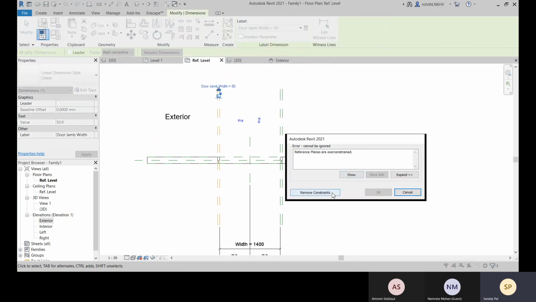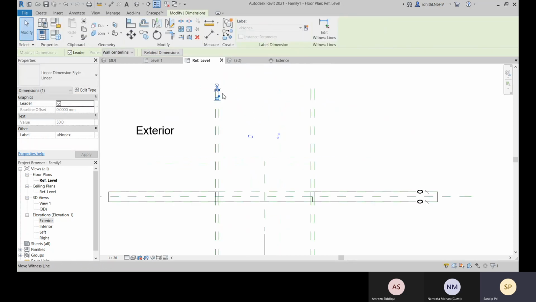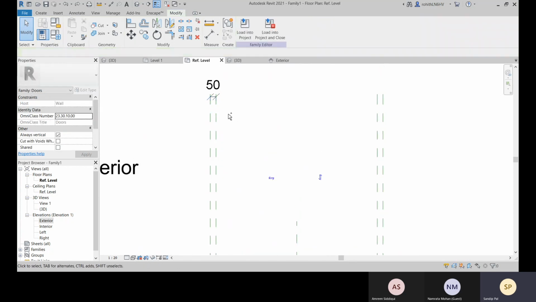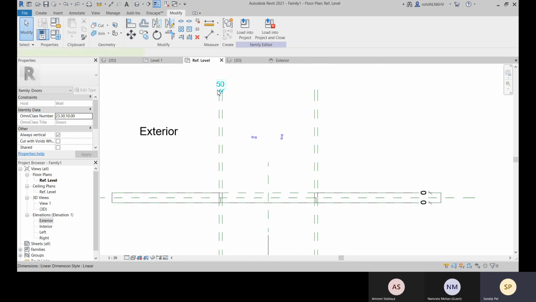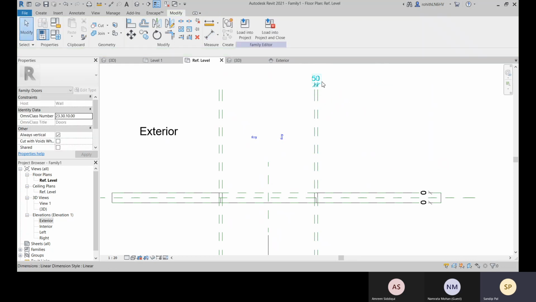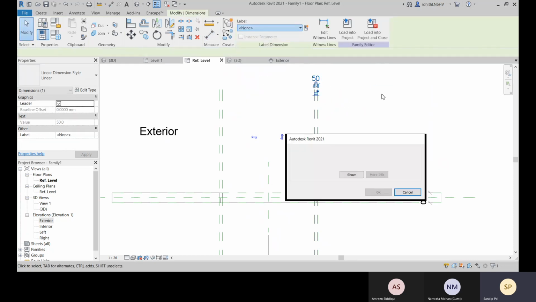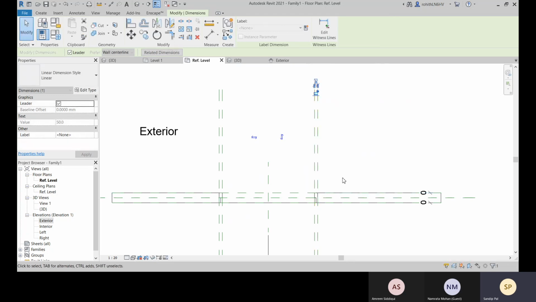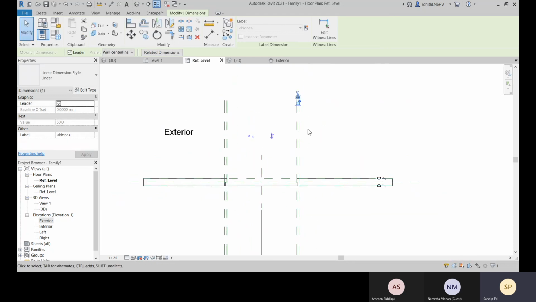Door jam width. Select torsion width. Reference planes are being over constrained.